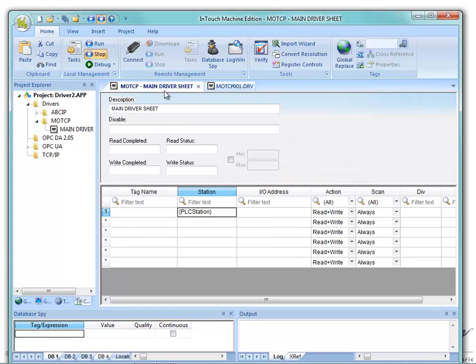The scan in the main driver sheet, or it's called the scan, you have the ability to set it up to screen, and if it's set to screen, it will only read or use that tag when it's on a screen that needs that information. If you go to a screen that doesn't have that particular tag, it will not bother reading that from the PLC. If you set it up to always, it will